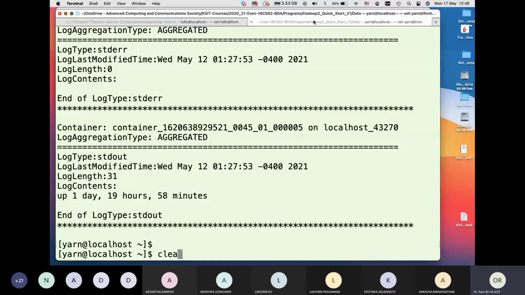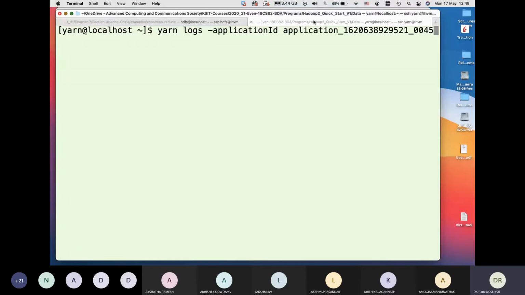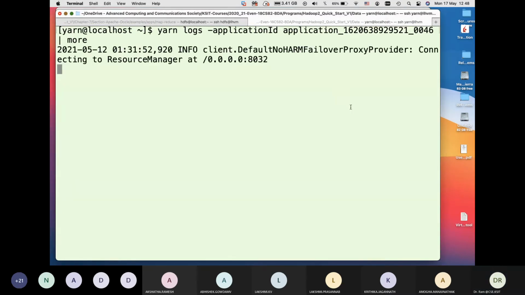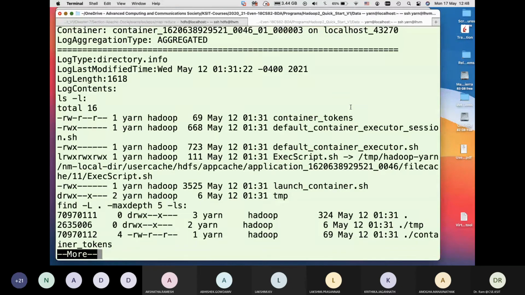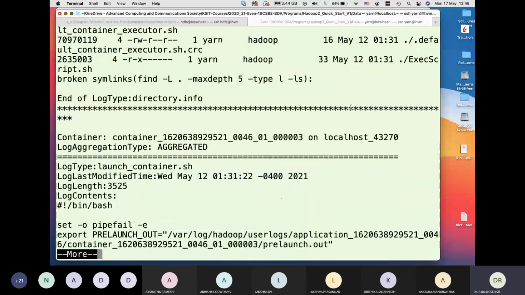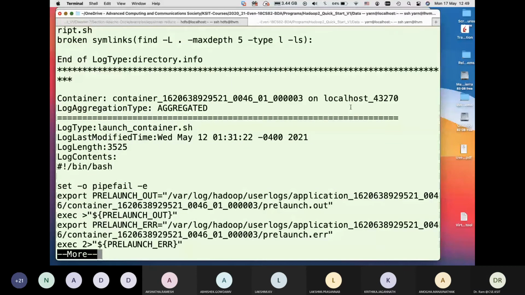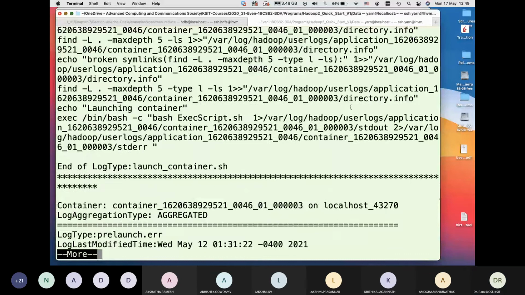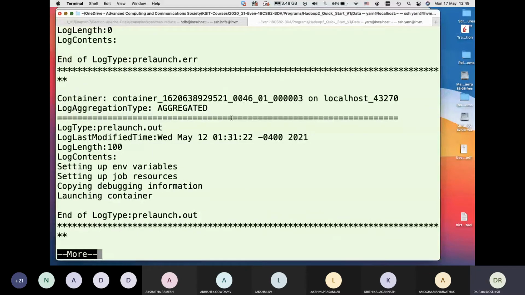Let's look at the log of 46. So this you can see is container 2, 3, 4. This is container number 3. And we need to basically look at log type stdout.